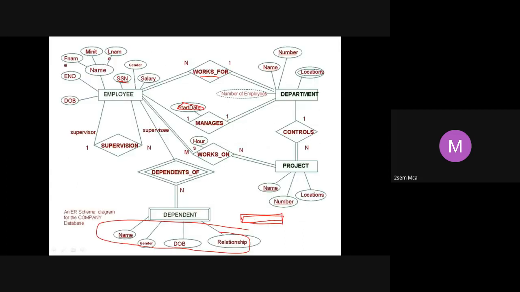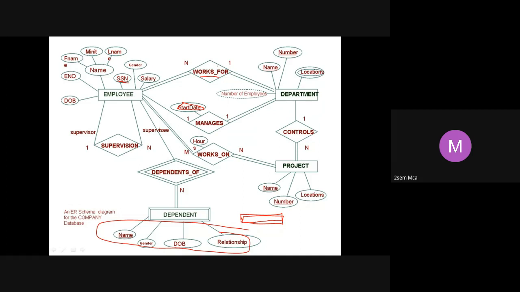Whatever attributes are there of that particular entity, they will all come as part of your table. So for employee, you will create a table called employee. What will be the attributes? You will have SSN, E number, name, date of birth, salary, gender. All this will come as the attributes or the columns of that particular table.